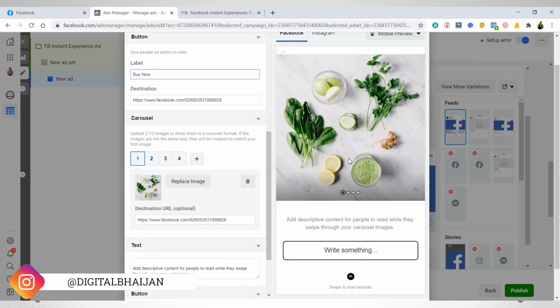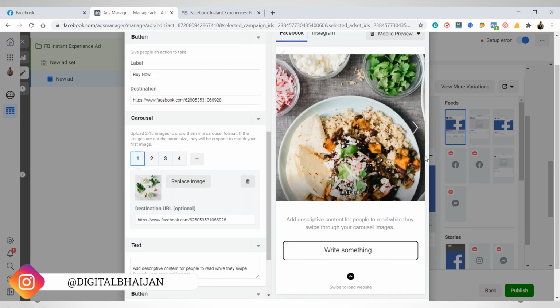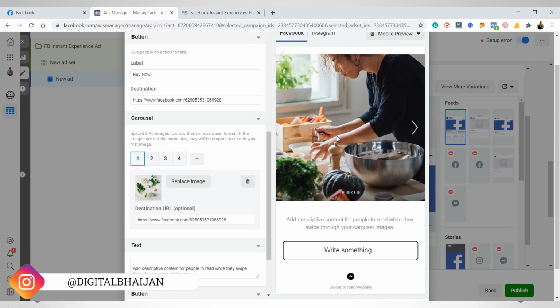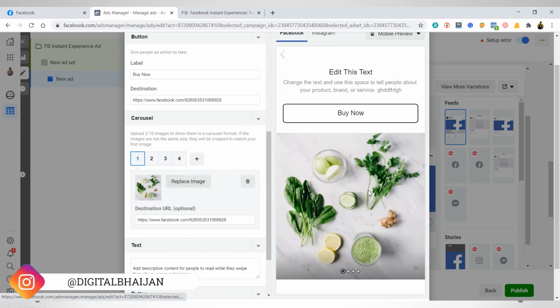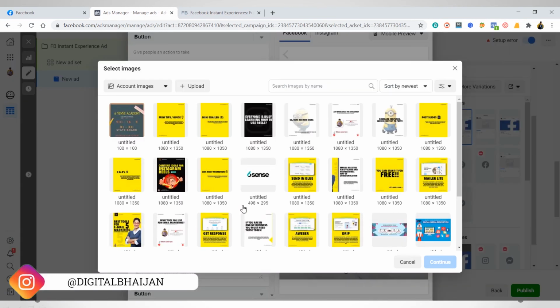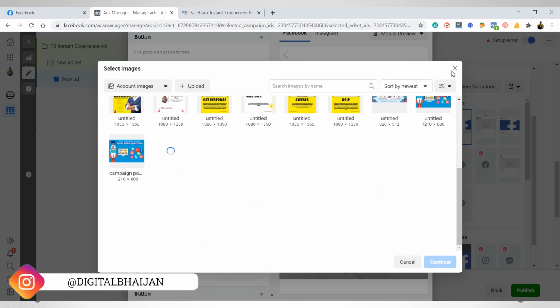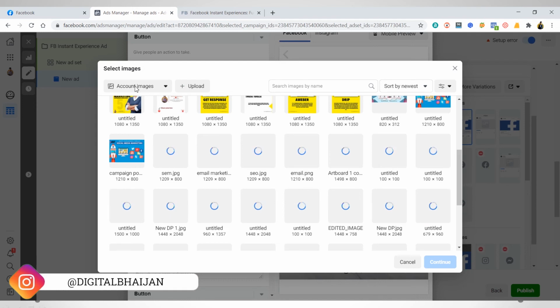Below this button there is a carousel image. If I want to replace these images, you can simply go to this carousel dialog box and click on the first image, and if you want to replace this first image, just click on replace image and select whatever you want from within your page, or upload your own file.